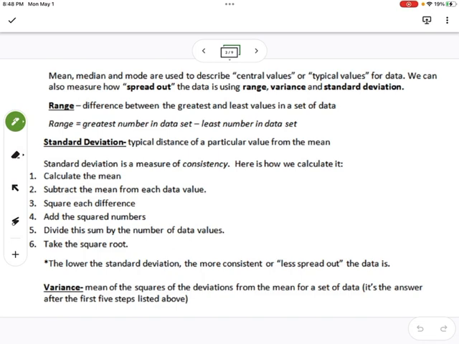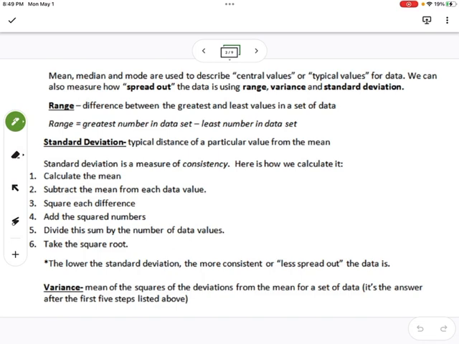So our range is the difference between the greatest and least value in the data. So when you're calculating range, this is the highest number, subtract the lowest number. Okay. When we talk about standard deviation, this is the typical distance of a particular value from the mean. So in order to calculate this, we need to know what the mean is, and we are going to subtract